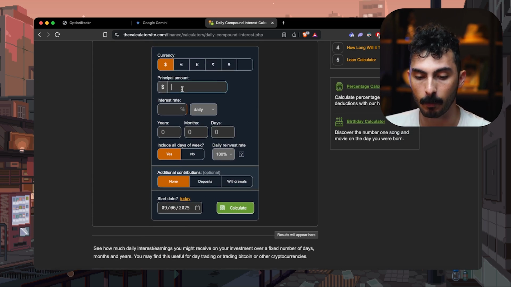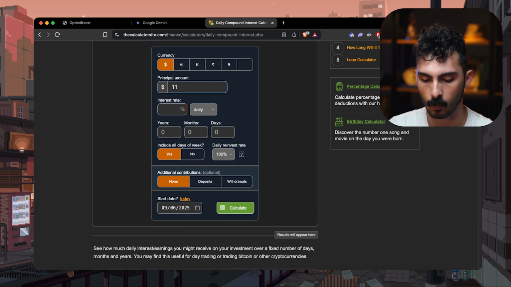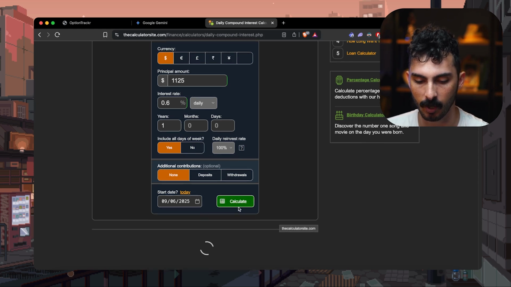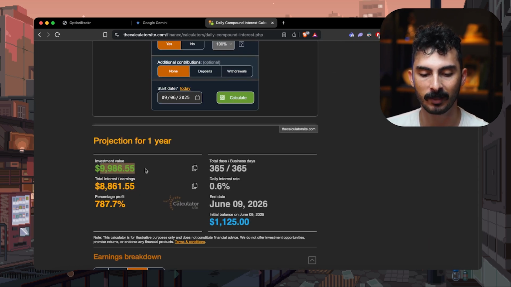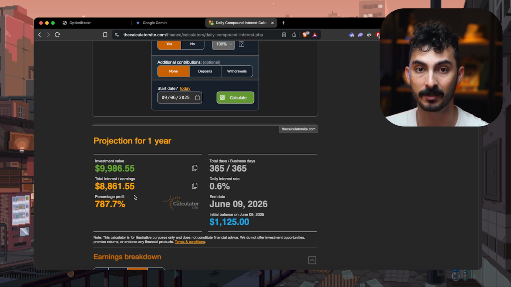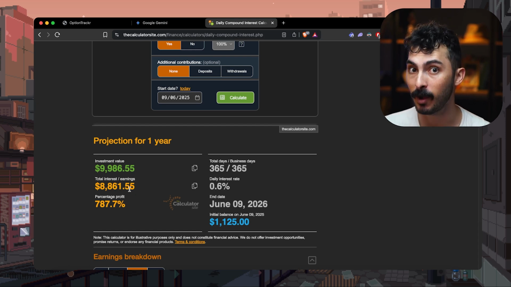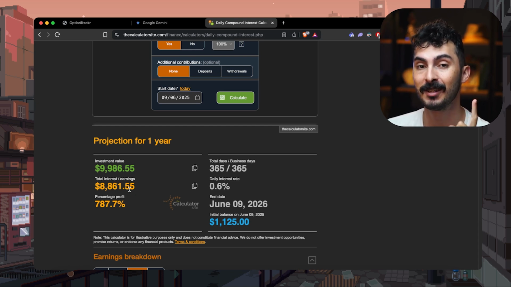So if we go to a compound calculator right here, for example, we put 1,125. This is how much we started with. We go for 0.6, 1 year, include no additional deposits, calculate. Look at this, almost 10K that you would be making, 700% returns. These numbers are just speculation. You're not going to be making 0.6% every single day. Forget about it. But you get the gist that these numbers compounded, even if they are very, very tiny,